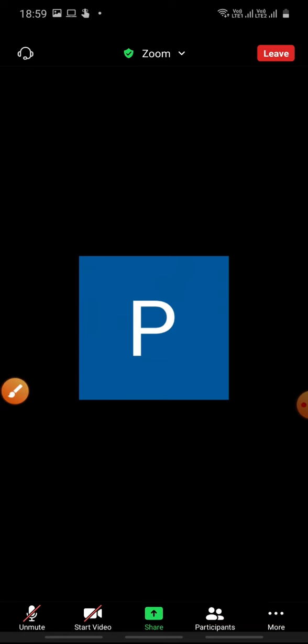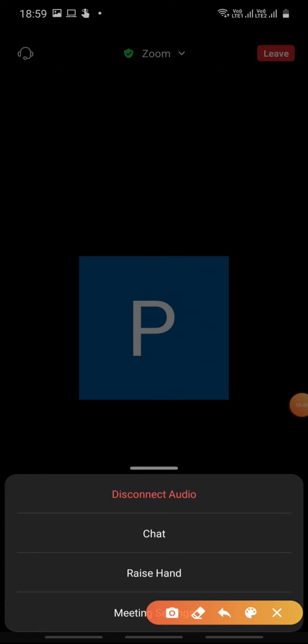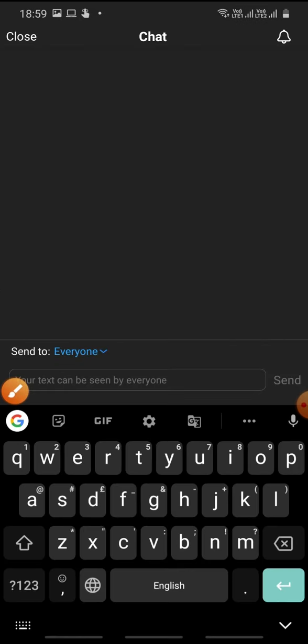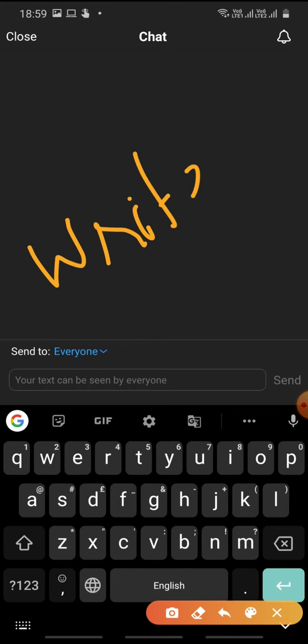Awesome. So now, how do we chat with our trainer and our classmates? For that, please press this more button, the three dots that you can see. Once you press this more button, these are the four options that you will get. Here you have the chat option. You can click the chat option, and it will take you to the chat. Here you can write anything,